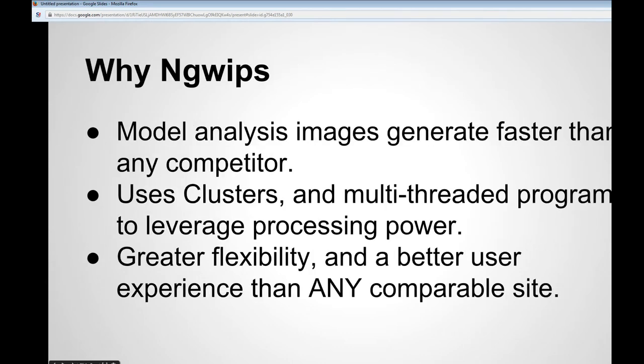So why Ngwips? There are tons of model tools out there. Why would you choose mine? Well, model analysis images on my site will generate faster than any other competitor. I can guarantee that. I've been in this game for a while. I know how to program, and